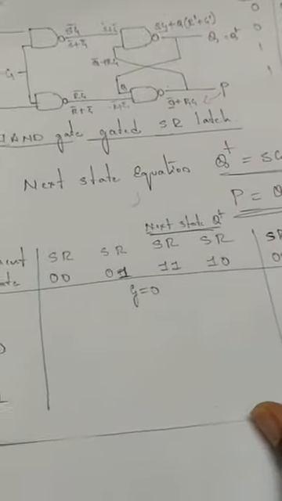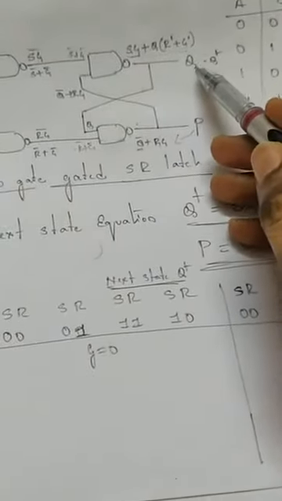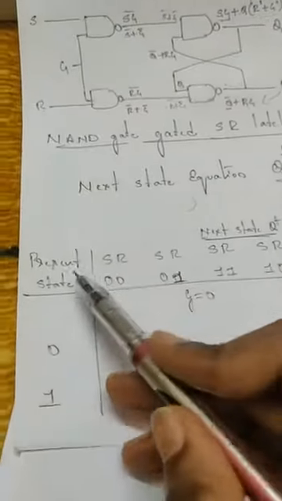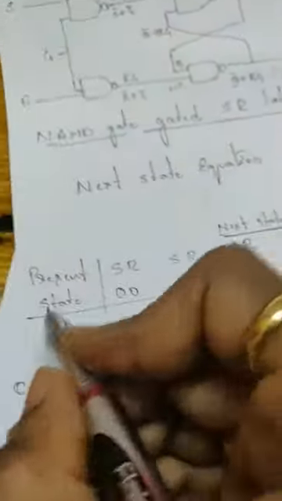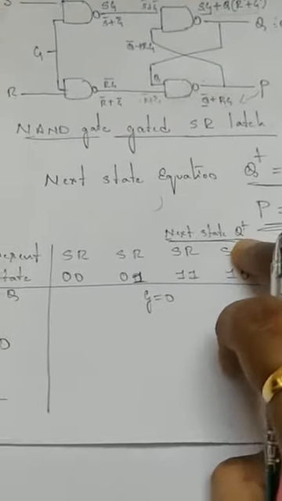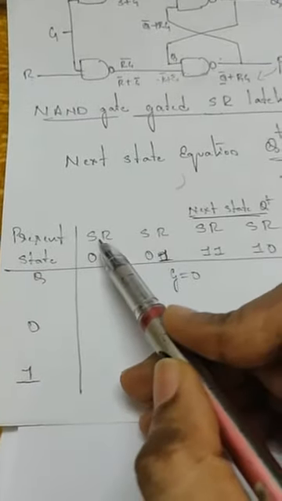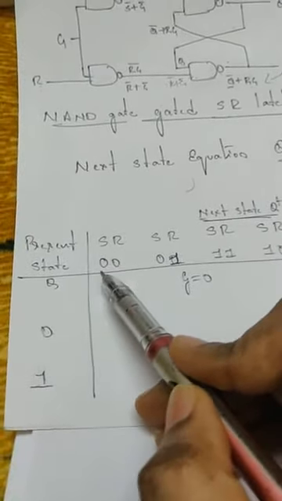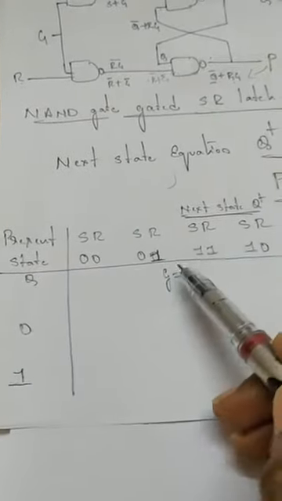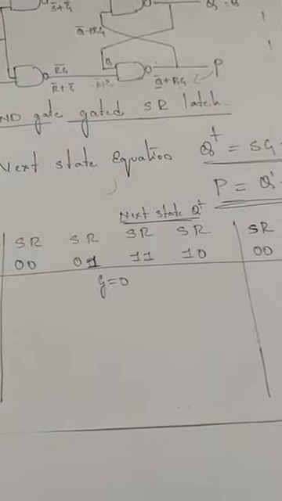So then we have a table here. You need to fill this table. We are supposed to concentrate on the next state, Q plus. Next state is Q plus, right? The present state is nothing but Q. We call this present state Q, and the next state is Q plus. So in case the present state is 0, what happens when S is equal to 0, R is equal to 0, and G is equal to 0? What happens when G is equal to 0? G is nothing but the gate.